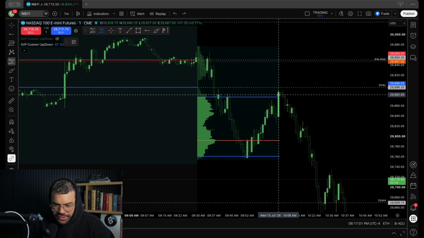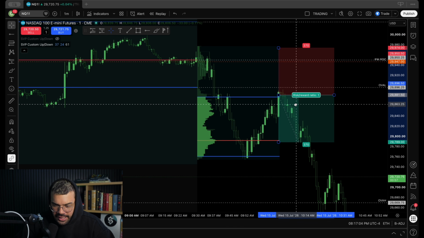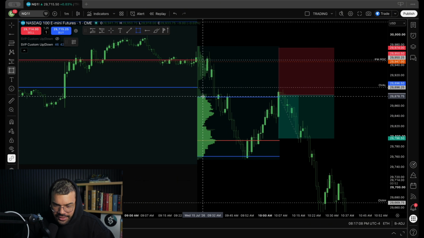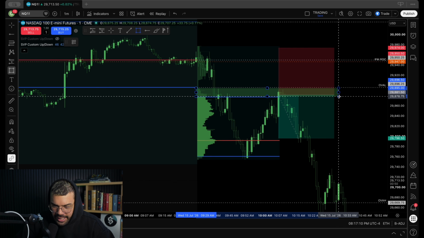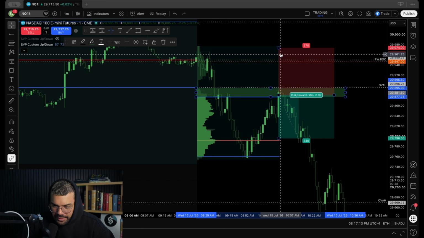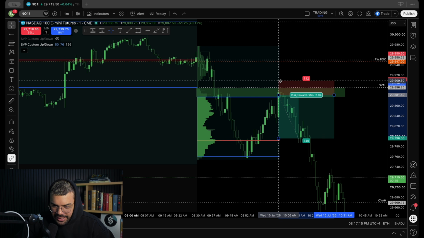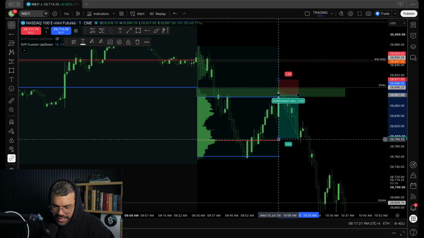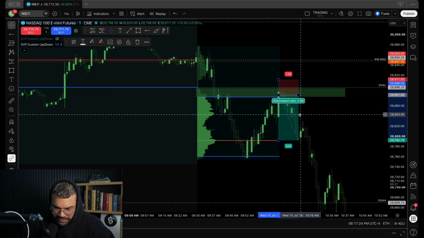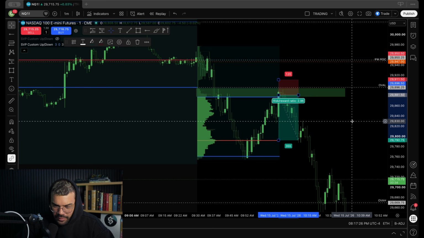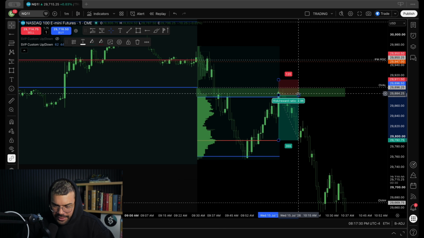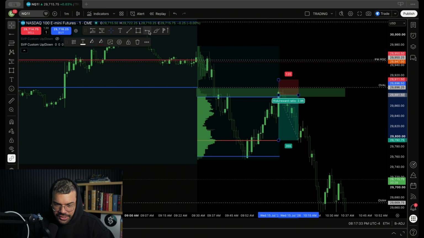You want to be getting short using the developing profile as your confirmation, right? So getting short as soon as it pushes up into this zone between the developing value high and the overnight value low. Your stop loss you're going to want to have sitting at least behind the overnight value low. All right, so say, let's round it up to 120 ticks. And your initial target, I would just be targeting the developing point of control like that. So a 120 tick stop loss for a 355 tick take profit